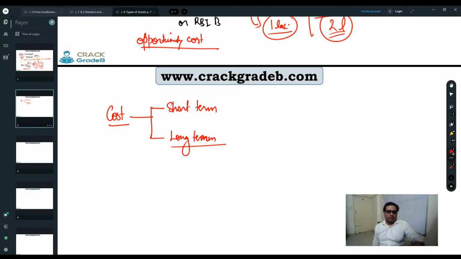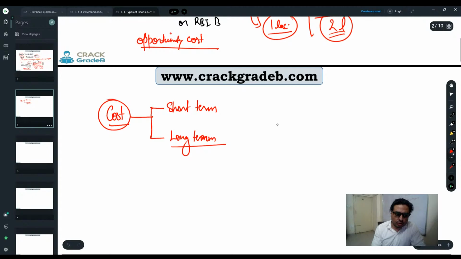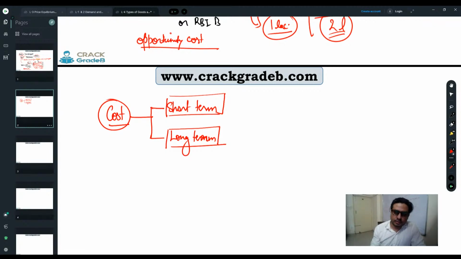In the longer run, the costs which we are going to understand here behave differently in comparison to the short term. So the first fundamental differentiation is short term cost and long term cost. Whatever we study in the short term cost, the same thing we have to study in the long term cost. They are the same definitions, but their nature and behavior change in the longer run. Most of the time you need not study long run cost unless you are doing a course of costing, right?